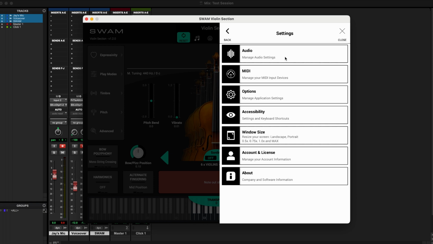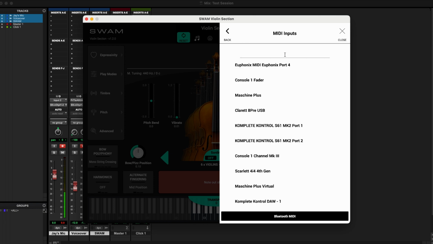Audio, manage audio settings, group. And I'm going to press the down arrow. MIDI, manage your MIDI input devices, group. And as you can hear, it's giving you great speech feedback, letting you know exactly what is in this menu. So I'm going to press enter, and I'm going to go VO plus right arrow to get into the list